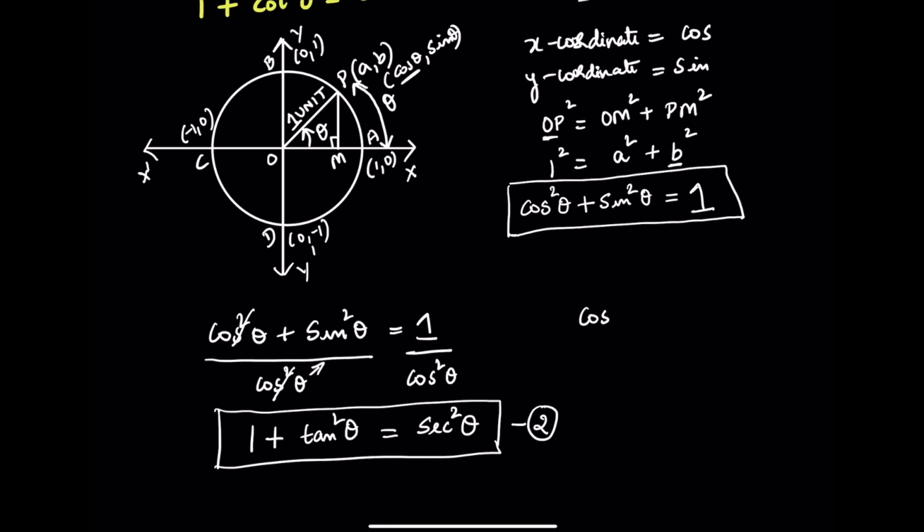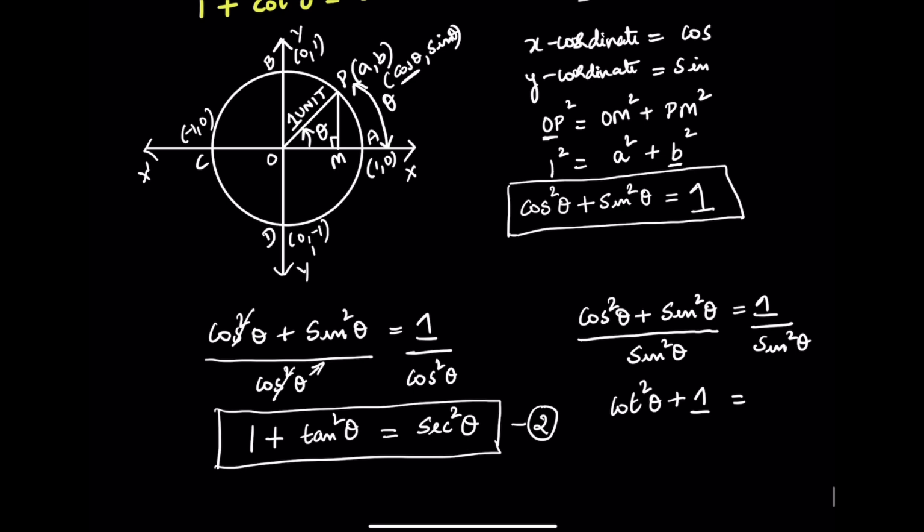Now again, let us consider the identity cos square theta plus sine square theta is equal to 1. Now let us divide it by sine square theta on both the sides. So cos square theta by sine square theta would become cot square theta. The sine square theta in this case would cancel. That would be equal to 1, and 1 by sine square theta is cosecant square theta. So this is how we arrive at the third identity,